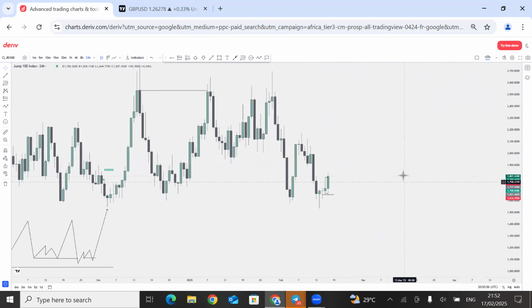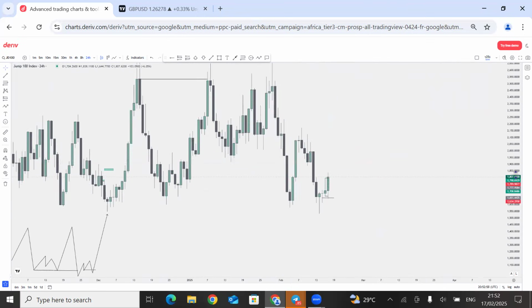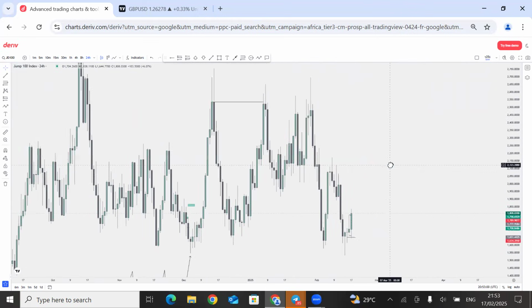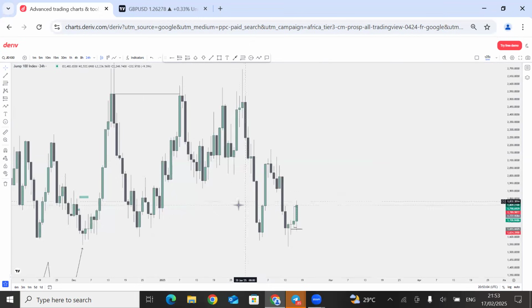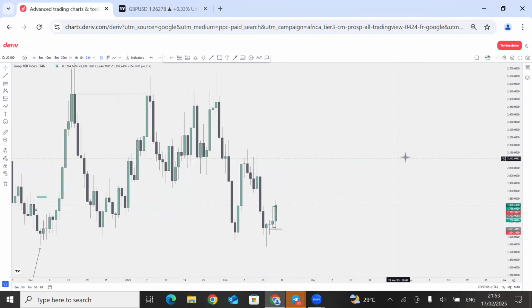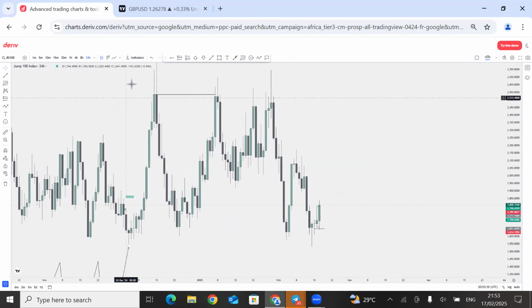Another way again, because I told you guys whenever I have anything new, I always want to share it with you. There are so many ways you can use to have your daily bias, which we have like the sweeps of the previous swing positions or key levels. We have key levels.